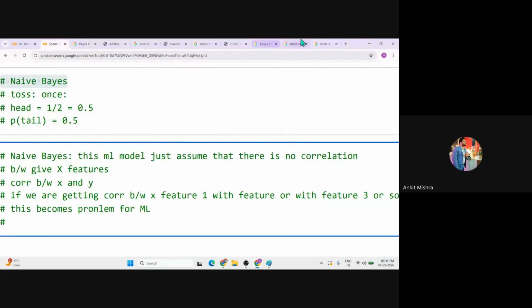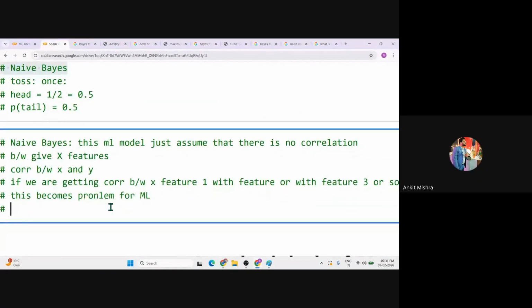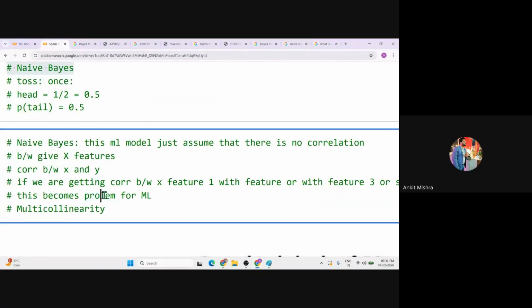And that is because of multi-collinearity, which is nothing but a correlation, or the highest dependency of X feature 1 with X feature 2. So in the practical situation, we need to eliminate or remove this feature, like there should be no correlation of X feature 1 with X feature 2.